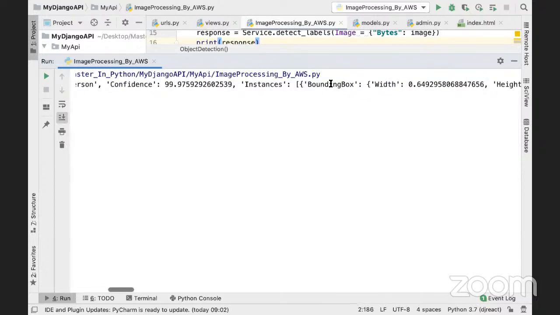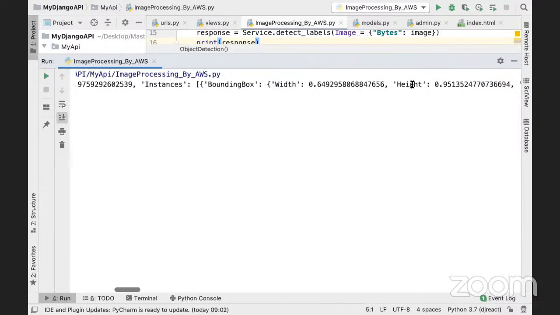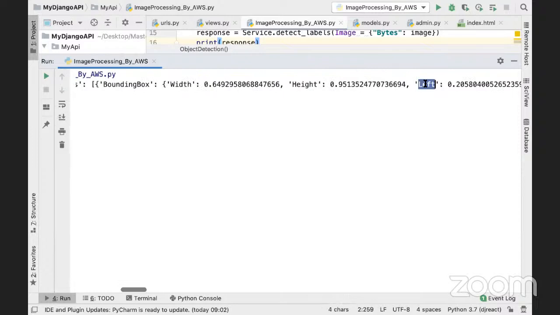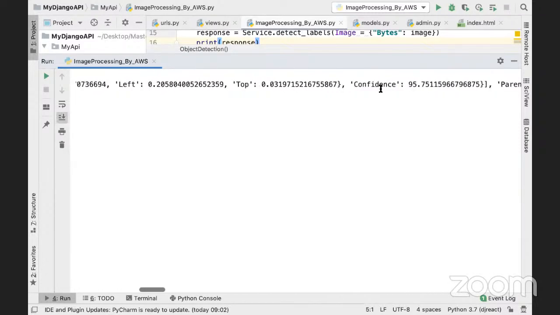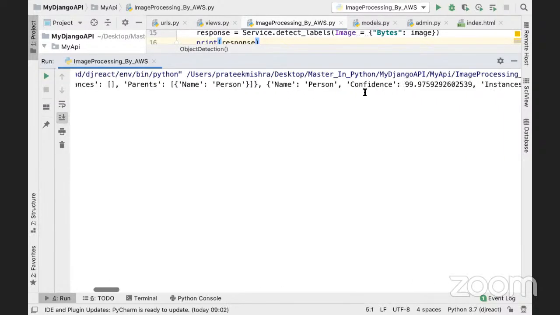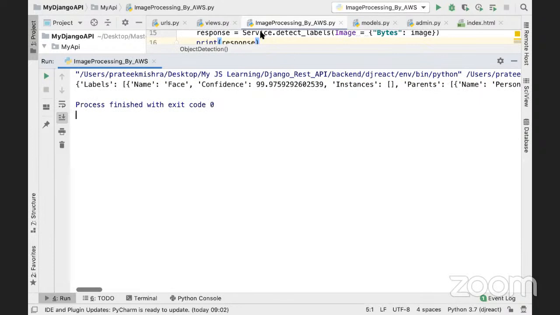So the bounding box width is this, height is this, left starting point is this, and top starting point is this. We are getting these 4 values. Confidence for this bounding box is 90%. Nothing else apart from it, we are getting nothing. So if we want to process this dictionary, this JSON data,